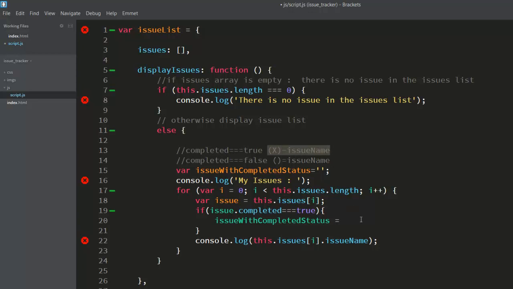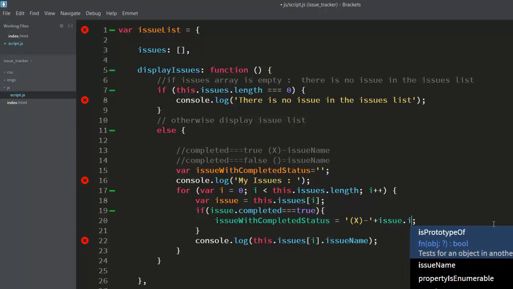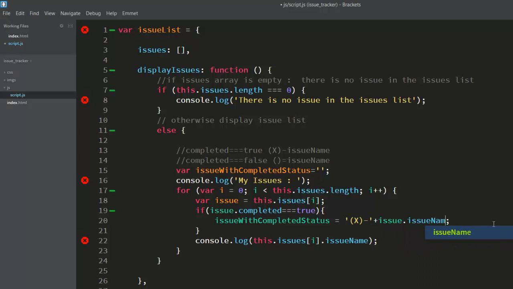Let me take this particular output, and I will not be showing this issue name as static data. Rather, I will be displaying this issue name over here. So I'll say issue dot issue name. This you will be displaying.